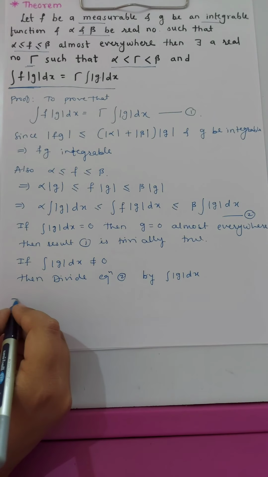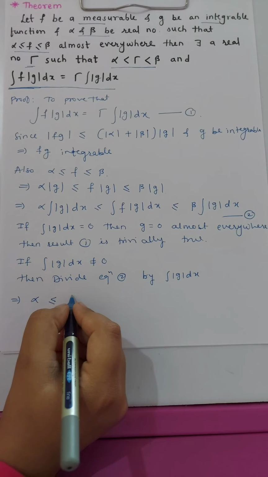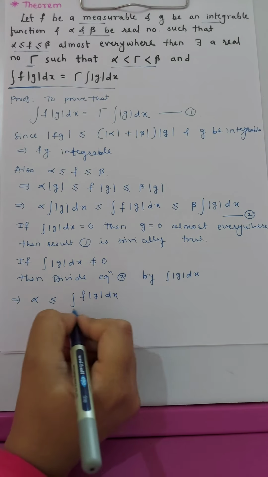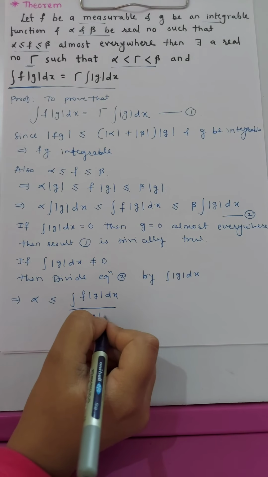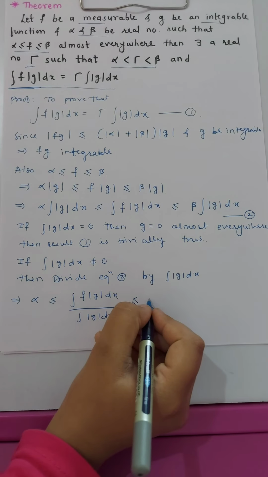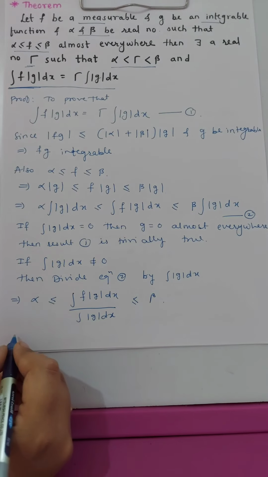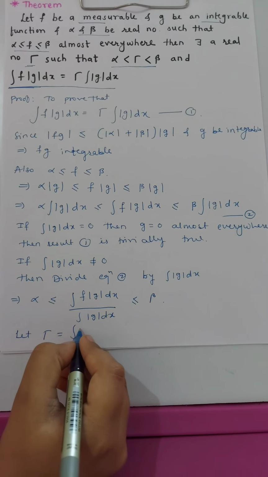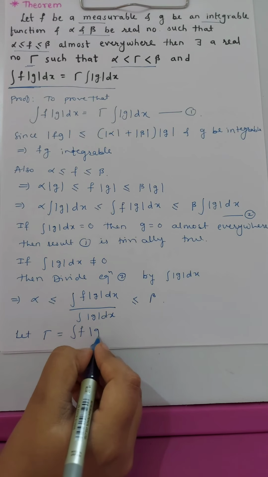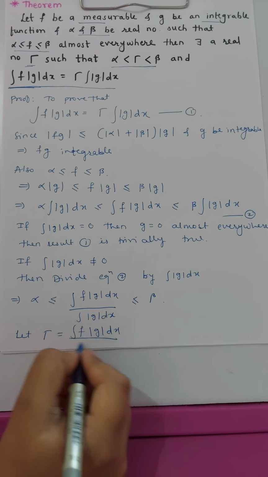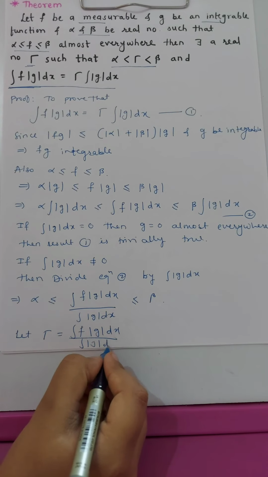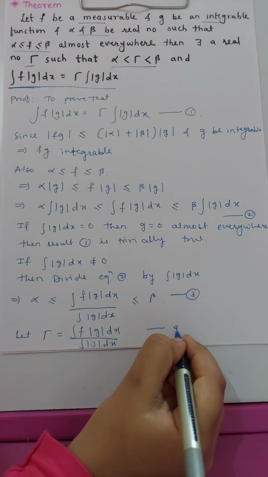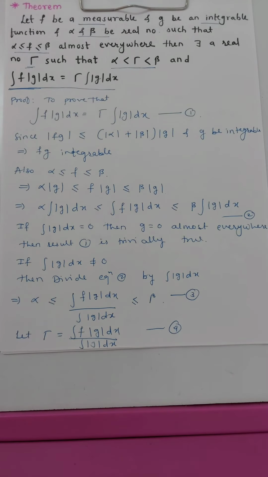So we get alpha less than or equal to the integration of f into mod of g dx upon the integration of mod of g dx, less than or equal to beta. Now let capital gamma equal the integration of f mod of g dx upon the integration of mod of g dx. So let it be number 3 and this be number 4. So by 3 and 4 we get,